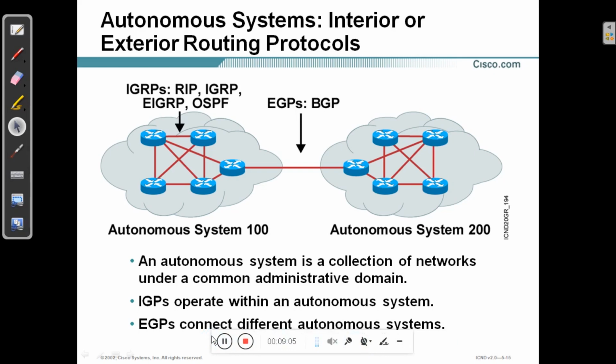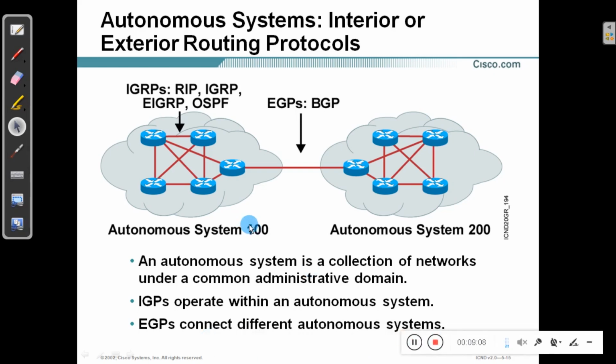So students, in this slide you will see the different types of routing protocols. In routing protocols also there are something called interior routing protocol and exterior routing protocol. And here you see hierarchical routing. What is hierarchical routing? It is not a flat routing technology. It's hierarchical. Hierarchical means a group of routers which follow a common administrative domain are called an autonomous system. Like that, there are several autonomous systems, and the protocol that runs inside the autonomous system is called IGRP, Interior Gateway Routing Protocols.